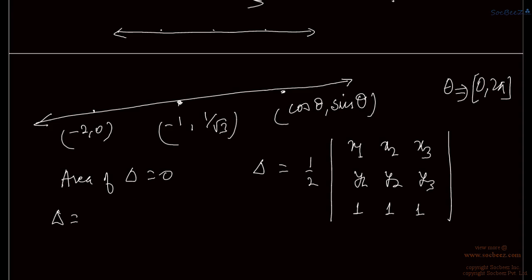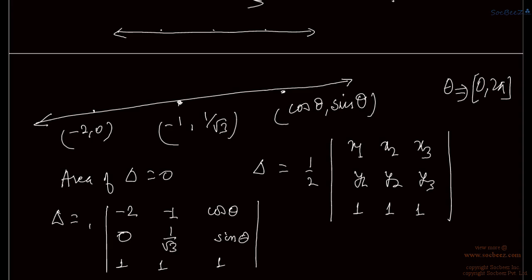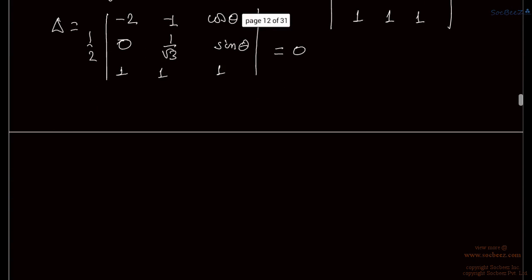So we have the area of the triangle as half of the determinant with rows minus 2, minus 1, cos theta; 0, 1 upon root 3, sin theta; and 1, 1, 1. This is equal to 0. Since these 3 points are collinear, this determinant has to be 0. So evaluating this determinant,